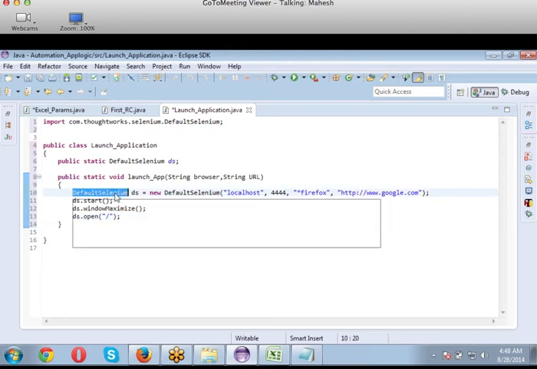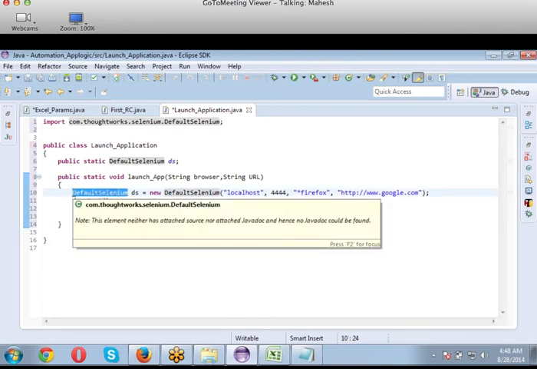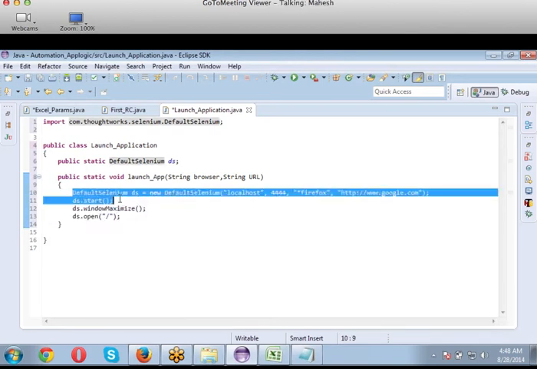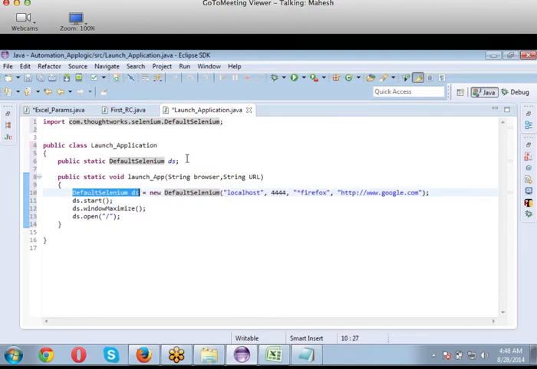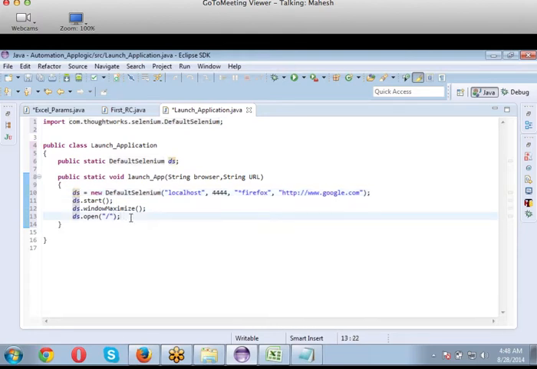This one is instantiating a class, right? DefaultSelenium DS, the first line which I wrote, which I have already done in this global declaration area. So I don't have to instantiate the class. What I'll do here is remove this name, only the name, not the variable. Done. My work is complete. The code which I have to reuse is ready.